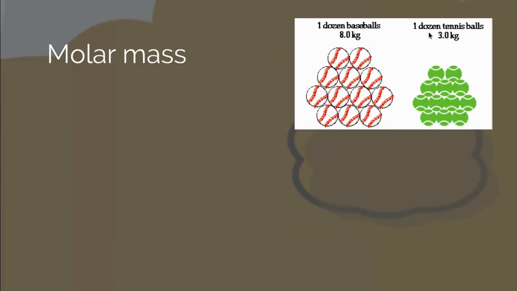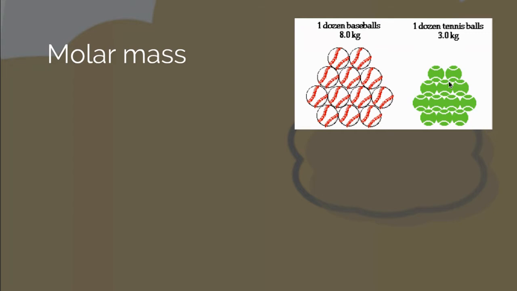To bring it back to the example that we had in the last section, remember that I told you that we can have two different types of sports balls in this one. We can have baseballs and we have tennis balls. And if we just ask for a dozen of each, we know that we have 12 baseballs and 12 tennis balls. And now we know that we have the same number of each, we have the same amount,